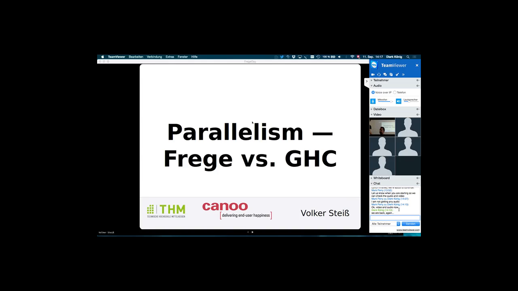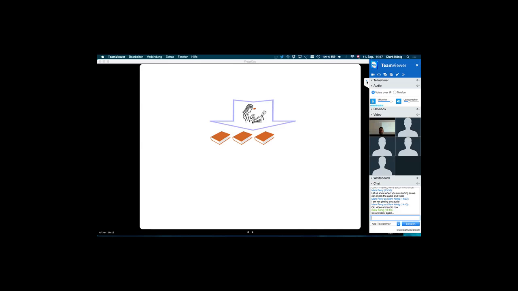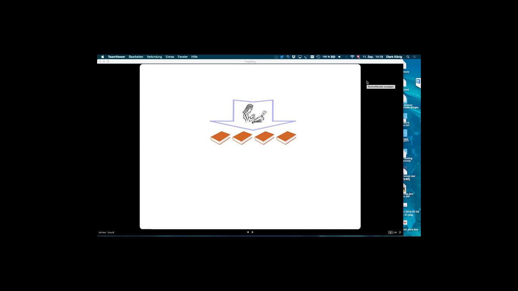Well, what is parallelism? We can think of parallelism like having a pile of documents. Okay, the animation started. It's not yet good. So we have some work to do, and we have this pile, and we have a worker, and he grabs every single piece of work and does something with it, and this is sequential working. And if we want to go parallel, we want to do this in parallel, and this is one big